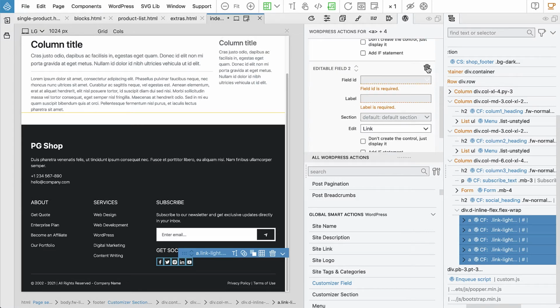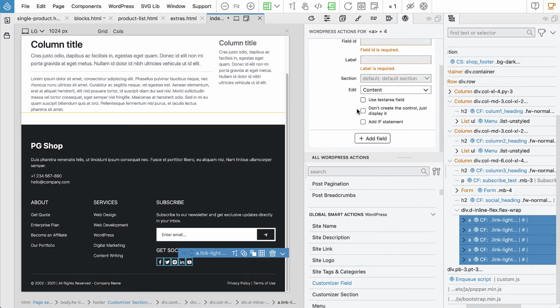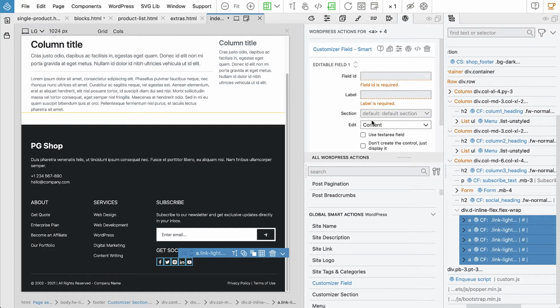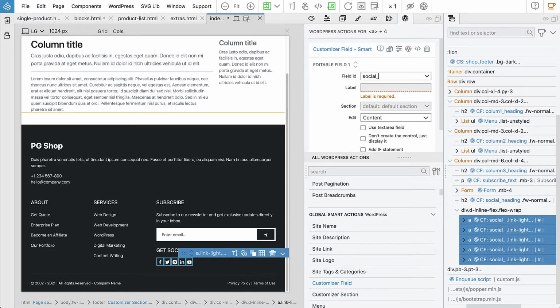We'll just add one, so let's remove the second attribute, the second field, because we don't want to change the content because we have these SVG icons, so we just want to change the link itself. So field ID will be, let's say, social, and then we will again fill this in,